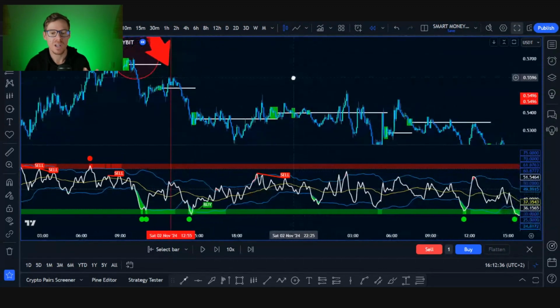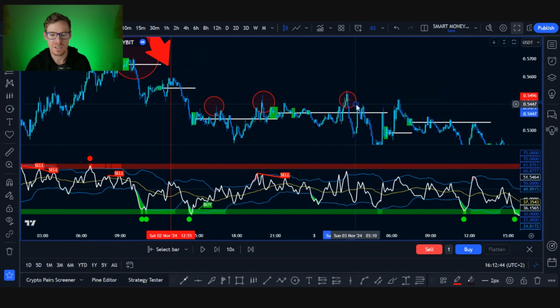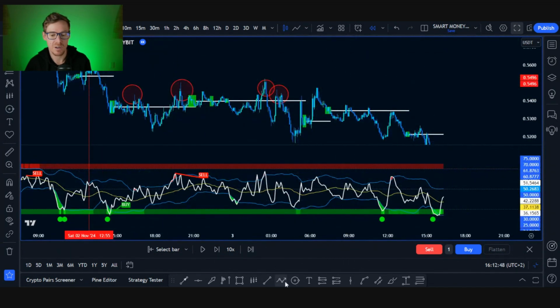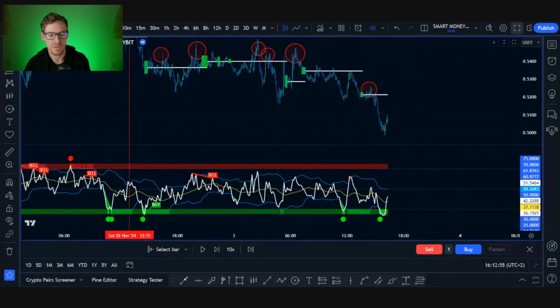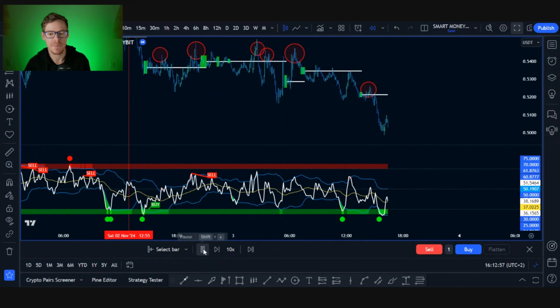So we know from this point onwards, we're only looking for shorts when price is above the value line. Only take shorts when price is above the value line. And you can see we had quite a lot of opportunities actually to catch a short here. A lot of opportunity. Has another one. If we play the chart a little bit more,